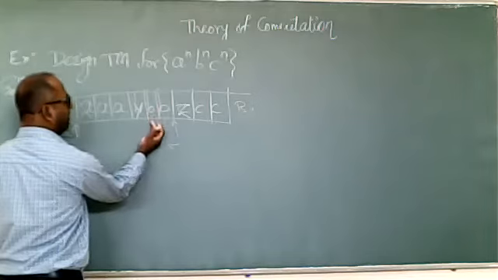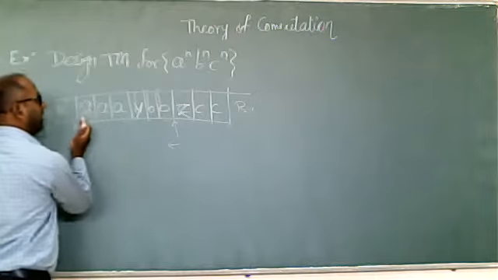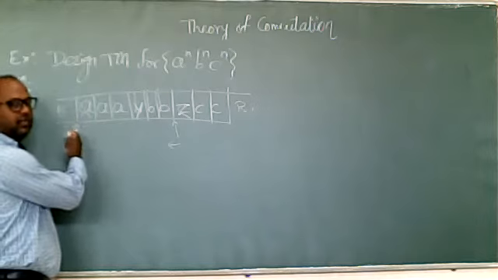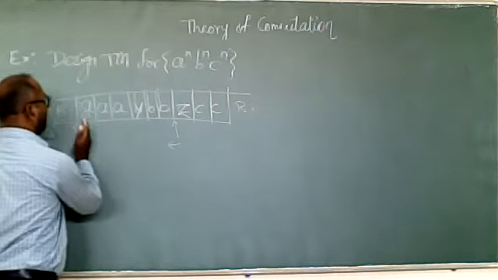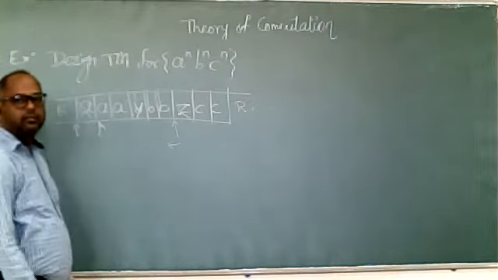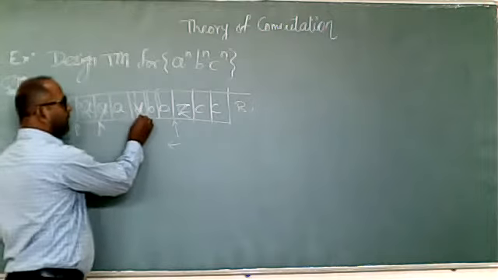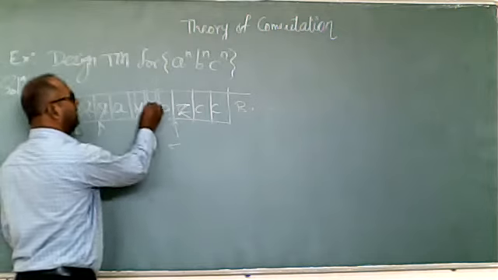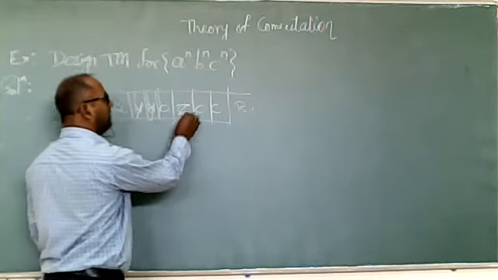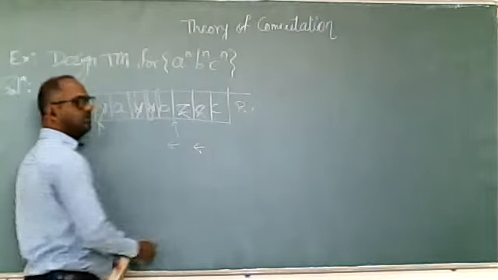B, skip, left skip, Y, skip, A, skip. Now we are getting the X. X means we have reached the beginning, because the first A we marked as X. So we find X, change the direction towards the right and start the same process. If we get A, mark it as X, skip A, skip Y, B, yes, mark it as Y. Then skip B, skip Z, next C, yes, mark it as Z and change the direction.